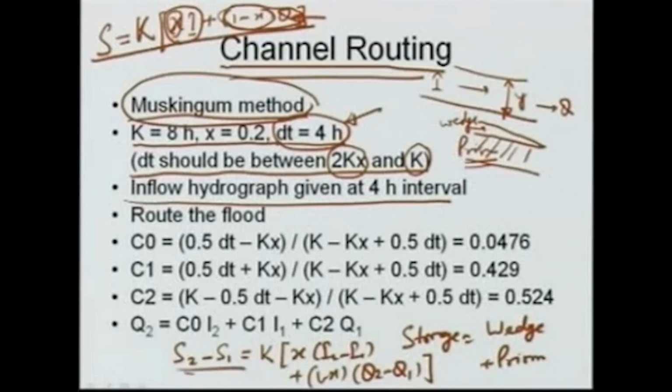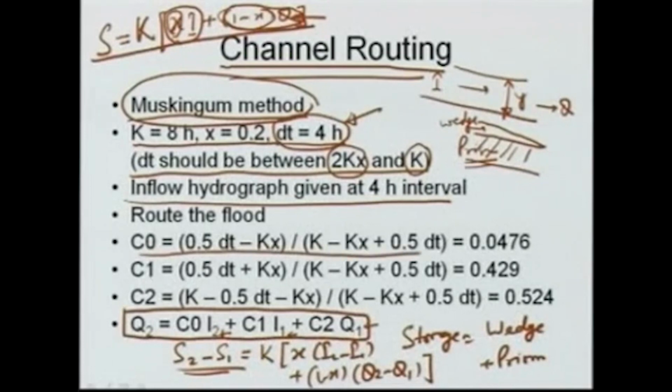And using this storage, we can write an expression relating the Q2 at the end of a time period with inflow I2 at the end of the time period, I1 at the beginning and Q1 at the beginning. So, these Q1, I1 and I2 are known, C0, C1, C2 are constants which are obtained by these relationships, and the numerical values of these constants are obtained as 0.0476, 0.429, 0.524, and therefore, the computations are rather straightforward